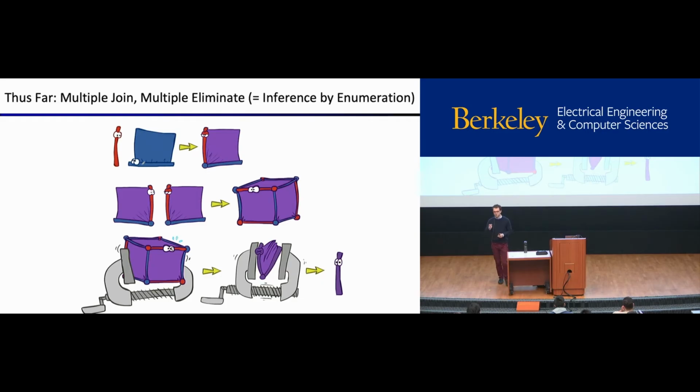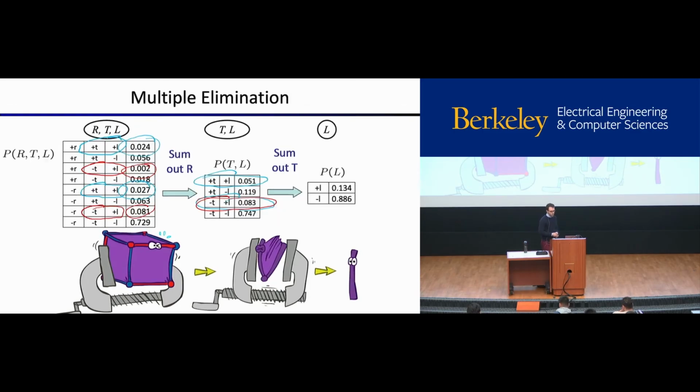Yes? Could you do both steps in one? Can you do both steps in one? Yeah. Like sum over both variables at the same time? Yeah. Well, let's go back a second. I think that's what I was trying to do, and that's why I got hung up a little bit. So what we have to look at is, for each combination of T and L, we need a sum over R. So maybe we could do it like this, right?